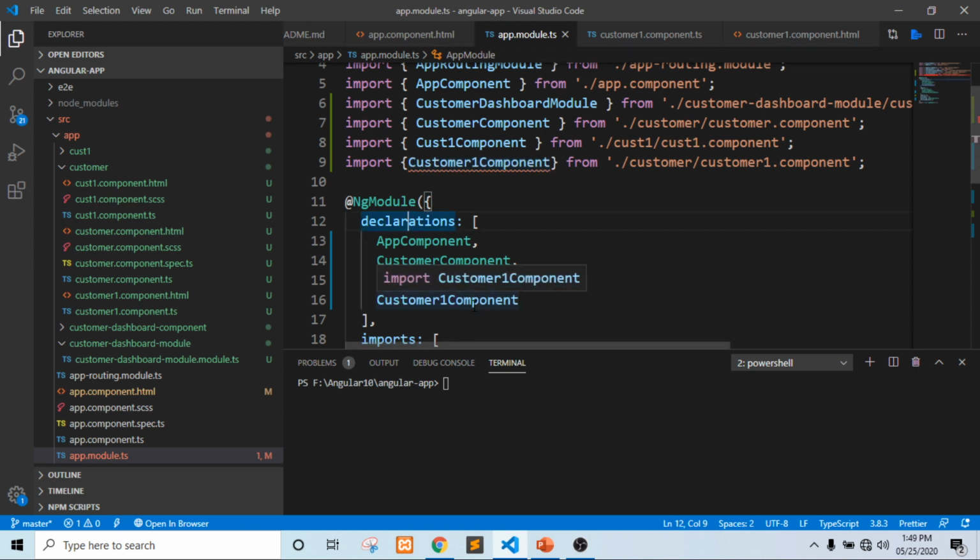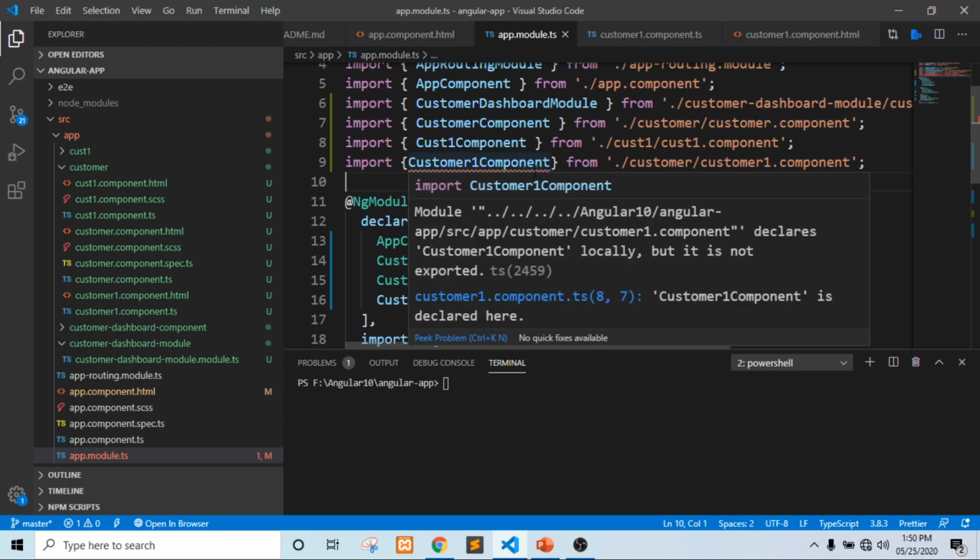This way the app component is going to know that customer one component exists. Now we can see one more error here, right? The description says customer one component is declared here, but it is not exported. This line means we are trying to import customer one component, but it is not exported.